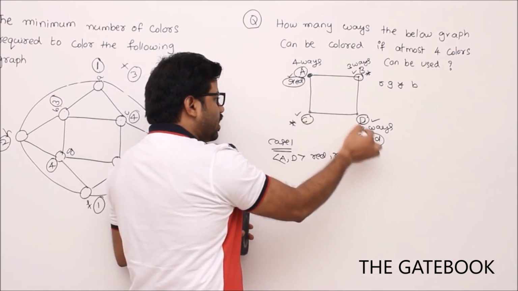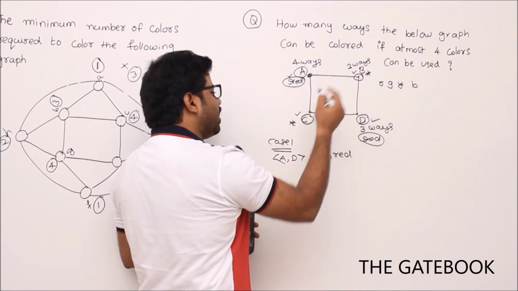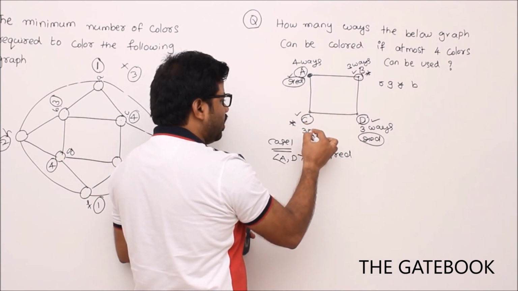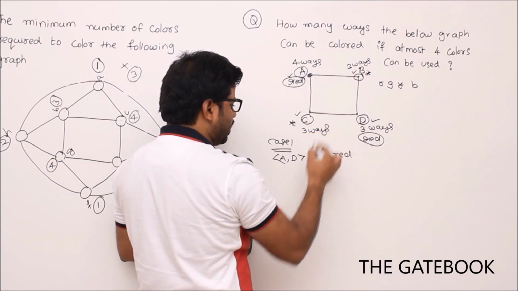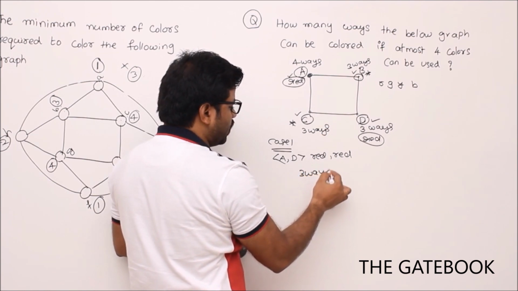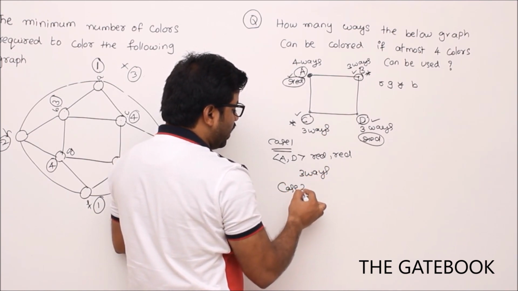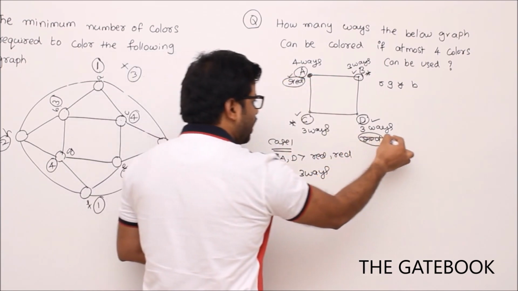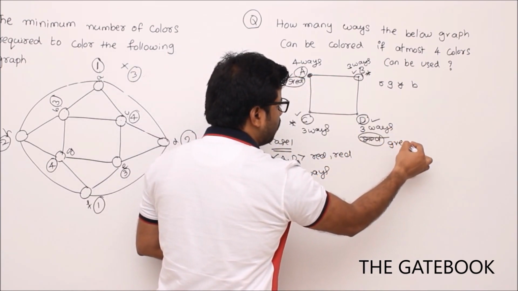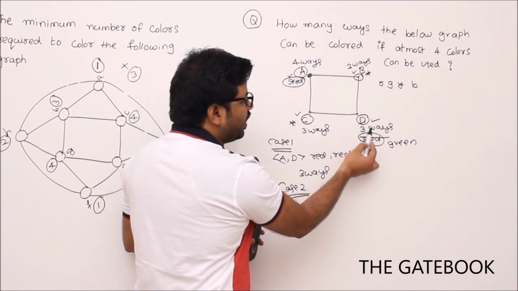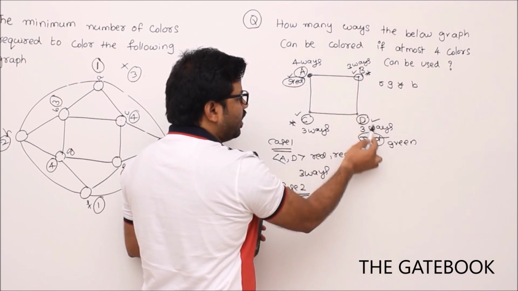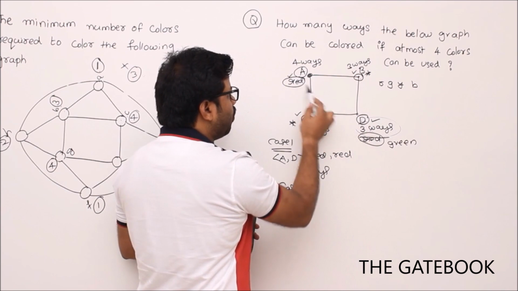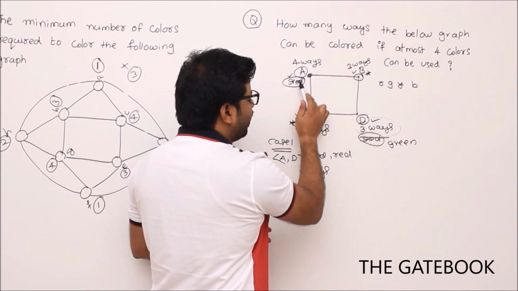C cannot use that red color. Apart from that, anything it can use, so C can be colored in three ways. Let's write three ways. Case number 2: what if A takes red color and D takes green color? That is also possible, because you said three ways, right? Other than this, any of the three ways, you can use a different color than red,